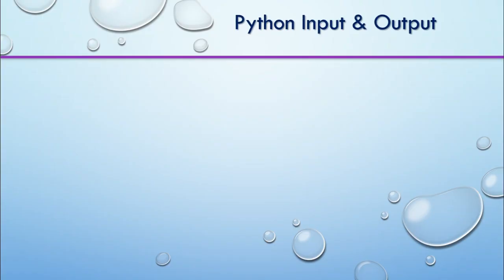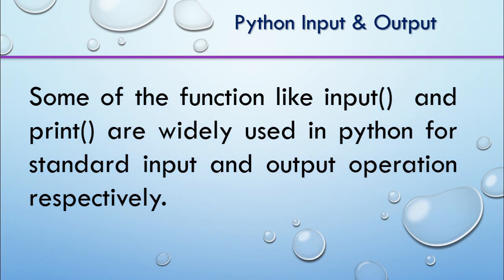We know that in each and every programming language, we are supposed to have some input statements to take the data from the environment, from the keyboard or from the user who is interacting with the application, and we should produce some output after processing the input in some representable form. So how to get this input from the keyboard and produce the output for visualization to the user in Python, we are going to discuss in our class today. So let's go for the discussion.